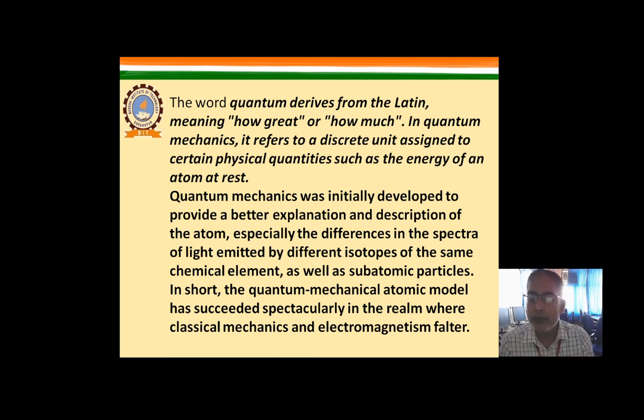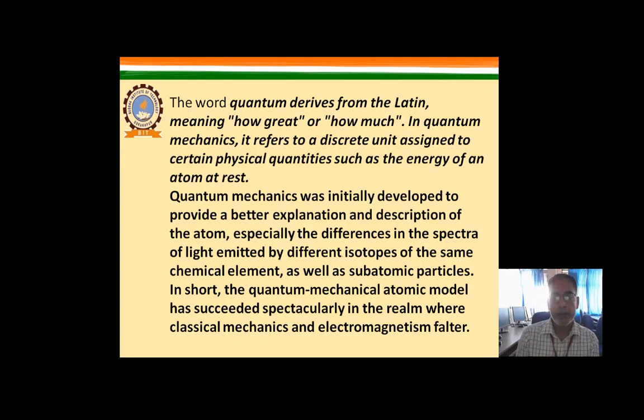So there are two main theories related with quantum physics. One is Planck theory. According to Planck theory, to understand the distribution of energy in radiation emitted from a black body at different temperatures, Planck gave a hypothesis that energy is emitted not in a continuous manner but it is discrete. Means E is equal to nhv, where n is equal to 1, 2, 3, 4 and so on.